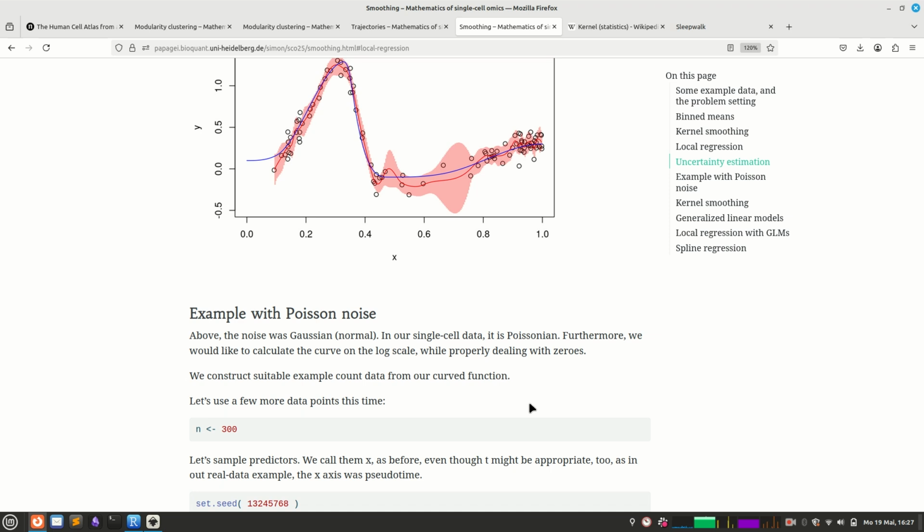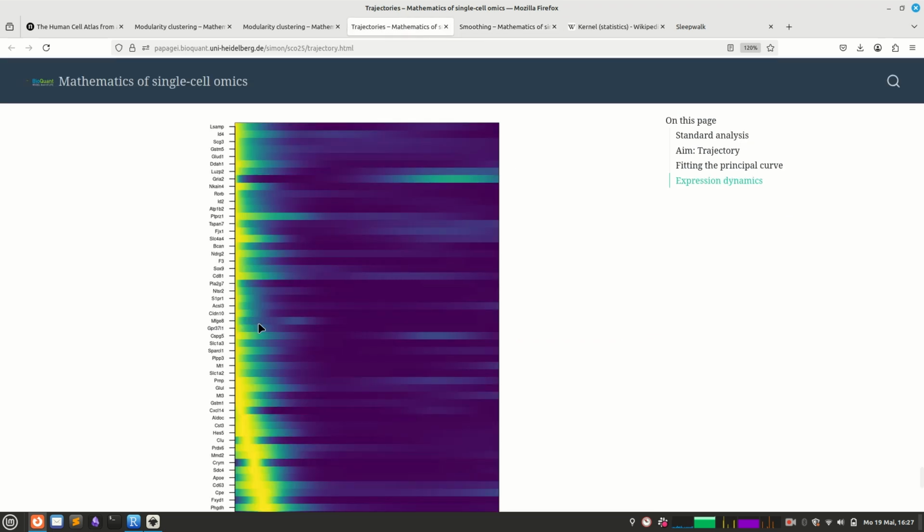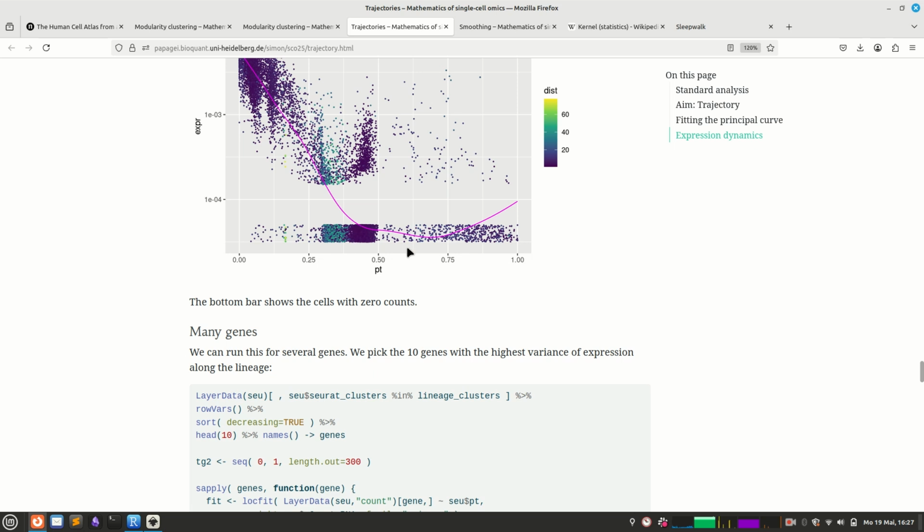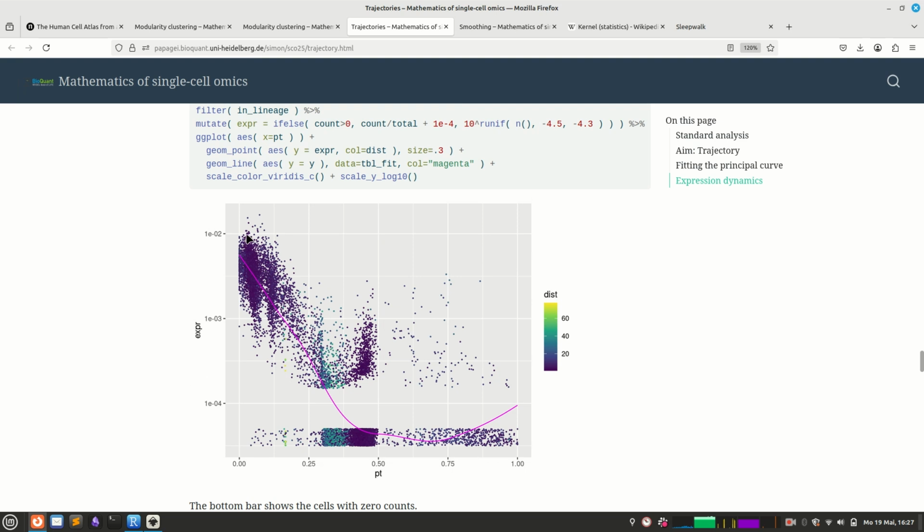Now that thing I will go into next time, but I haven't managed to reach the point, which was actually the crucial idea here. How do we deal with the zeros? Because all the smoothing that I've shown you so far, if we give it these data points, then the shape of a smoothing curve will depend a lot on the distance between the value we give for the zeros and for the non-zeros. And you remember the zeros actually would have minus infinity because we have here a log scale,